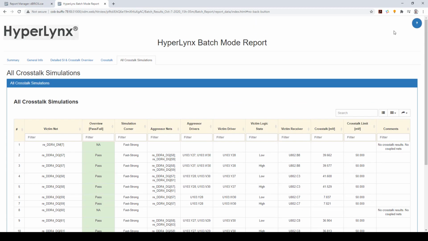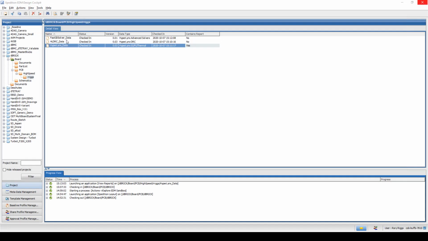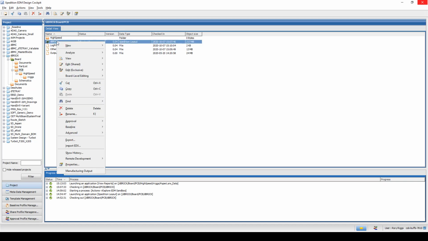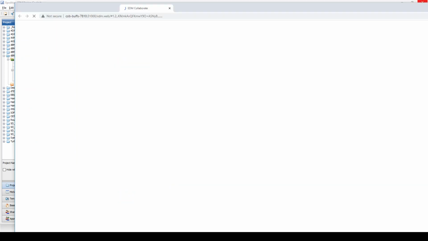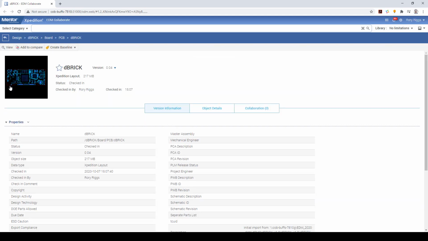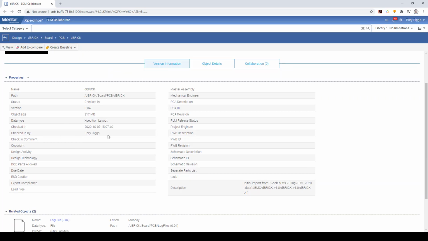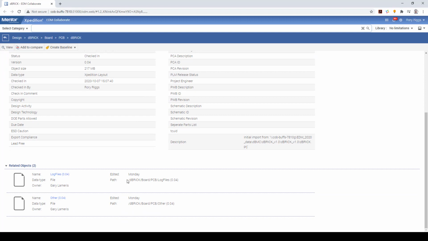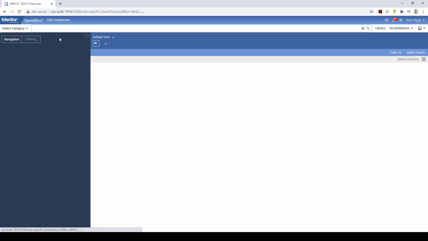VX 2.8 brings this improvement also to the EDM Collaborate tool. Before, a user would have to check out or download report files using EDM Design Cockpit and then view them locally using the HyperLynx Report Manager application. Now, there's a great benefit added for the user to easily open and view reports in EDM Collaborate while browsing